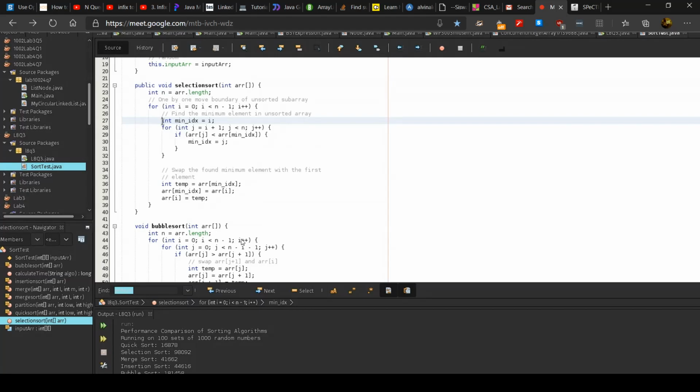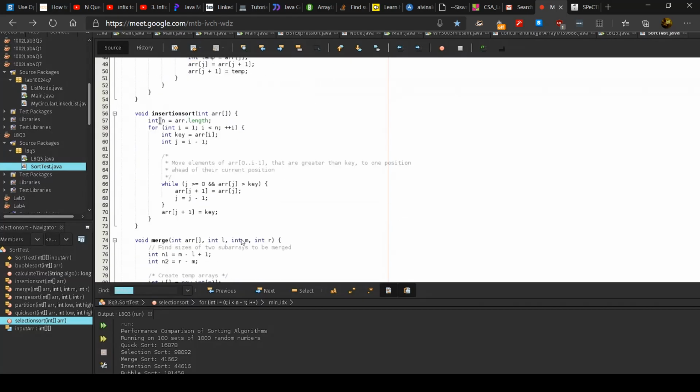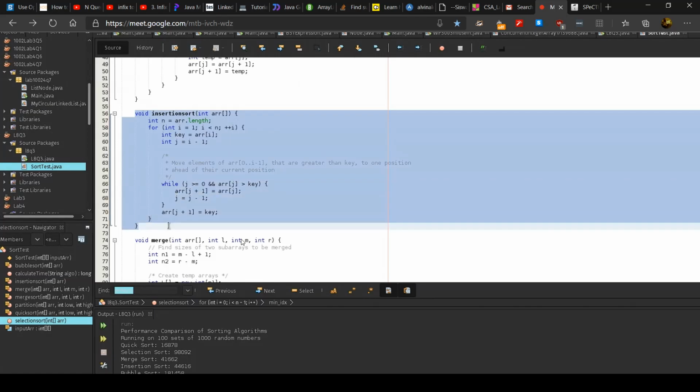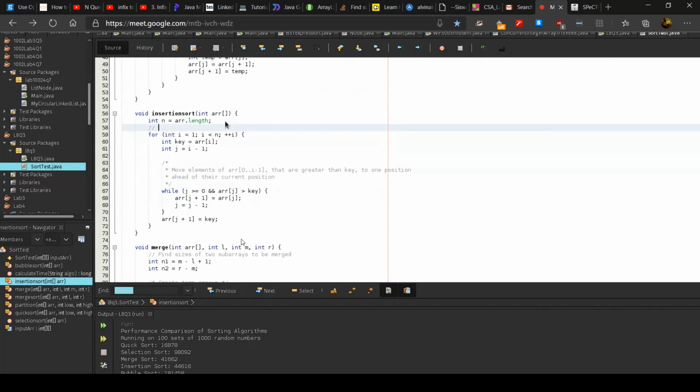Wait, oh, that's insertion. Okay, we go back to selection. We go to insertion first. So just now I talked about the algorithm for insertion, where you choose an element. So let's say you have